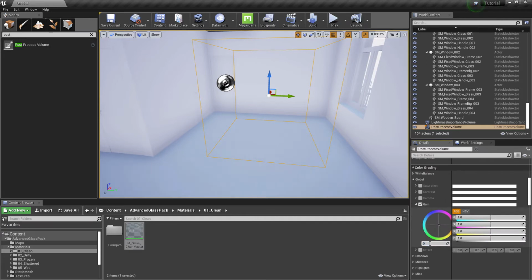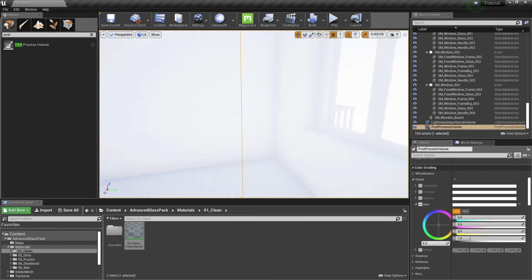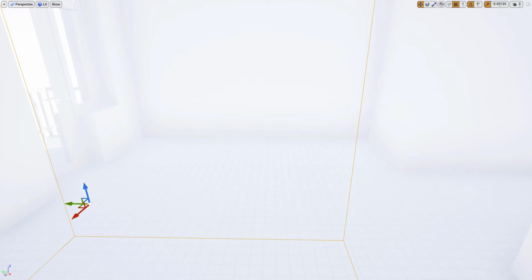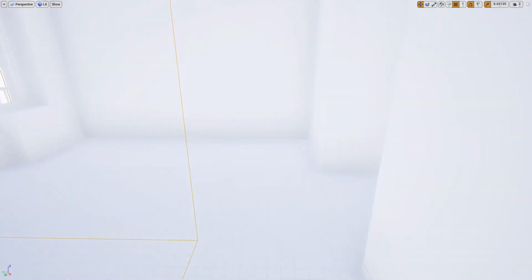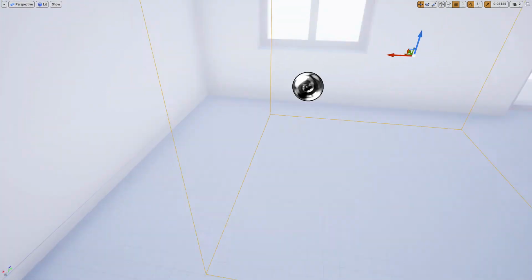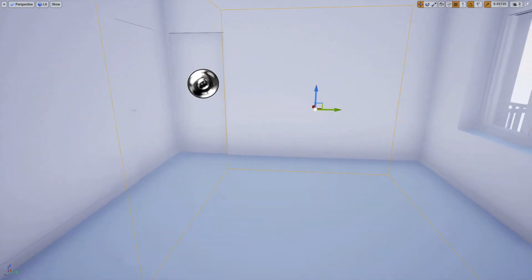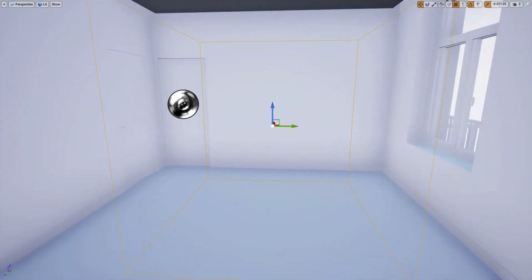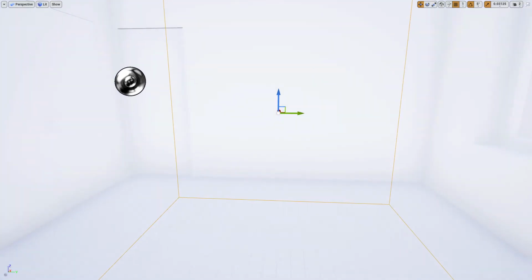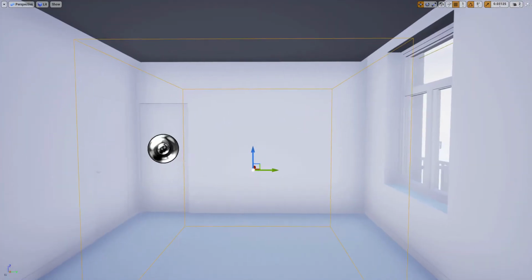Let's see how it works. Did you notice the change in the exposure? When I move out of the volume, the exposure again dials down. I go in, it increases again.